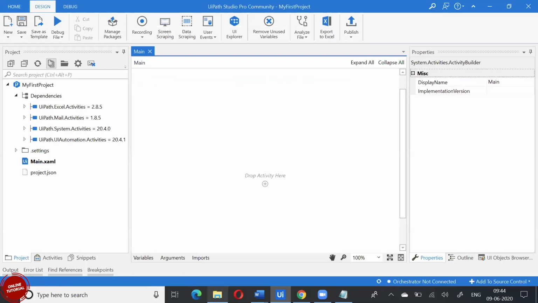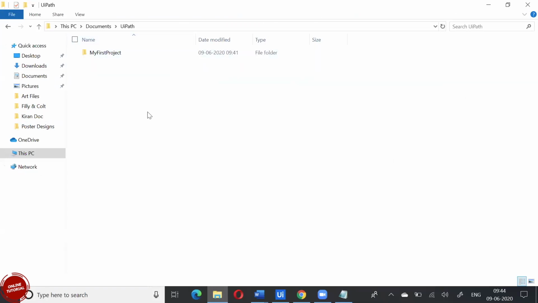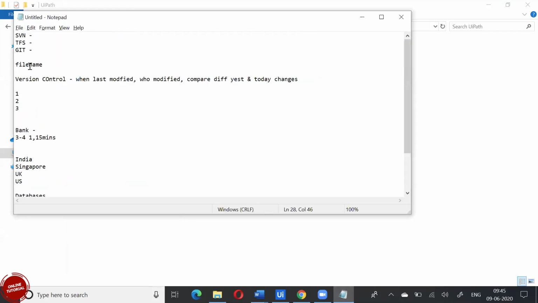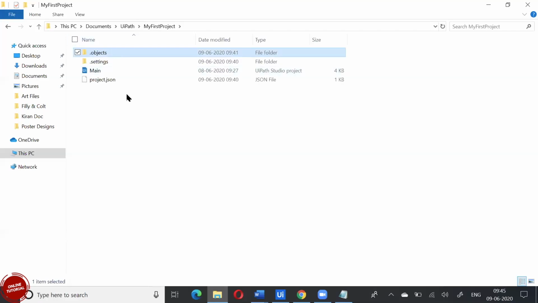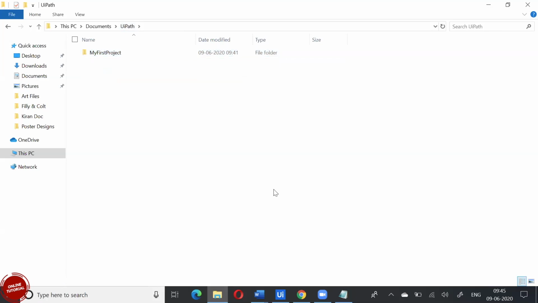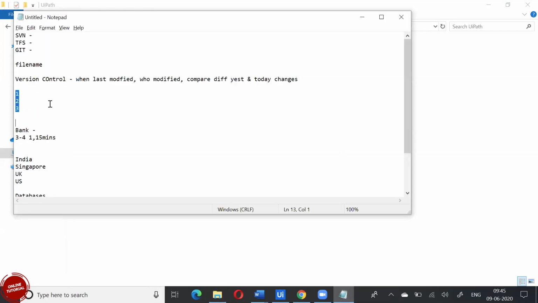No. See, yesterday we designed something. As we said, in our organization we usually keep version controlling, like for every day we keep a version. So the question is, today it will become 1, tomorrow it will become 2. Is that in the community edition? But see here, we are not working as a team. We are going to work as an individual user. When we are working in a team, that is where version controlling comes into the picture.